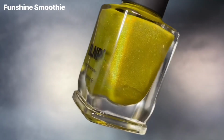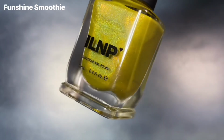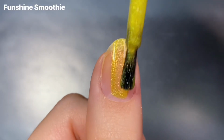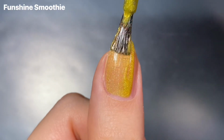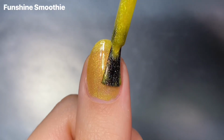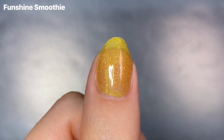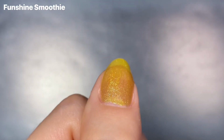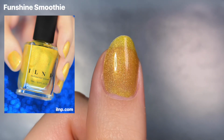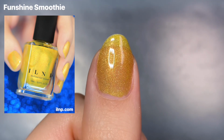Next up I have Funshine Smoothie, and I actually don't know what collection or year this is from, but it's described as a funky and fun bright yellow linear hollow polish with a golden yellow shimmer. So I haven't seen that many swatches of Funshine Smoothie, and they only have 3 on their website for this one. The one on the lightest skin tone definitely looks super bright, so I was kind of hoping for that,